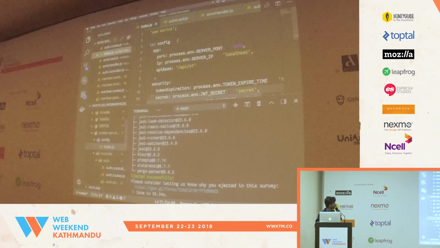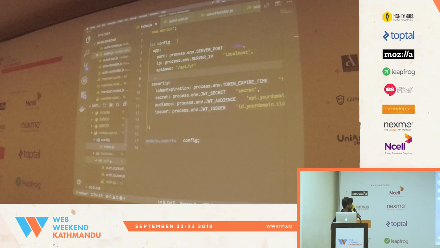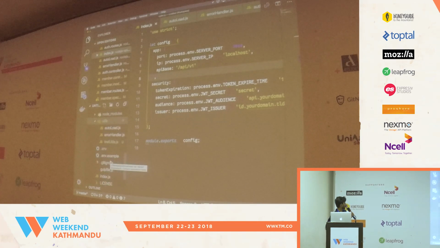So we start with index, and I'll press my terminal for now. This code is actually on GitHub, so you don't need to check it. I will give you the URL in the next slide. So I'm going to open my starting point.